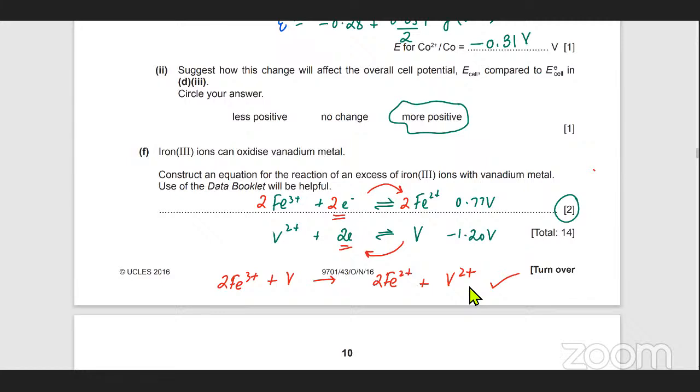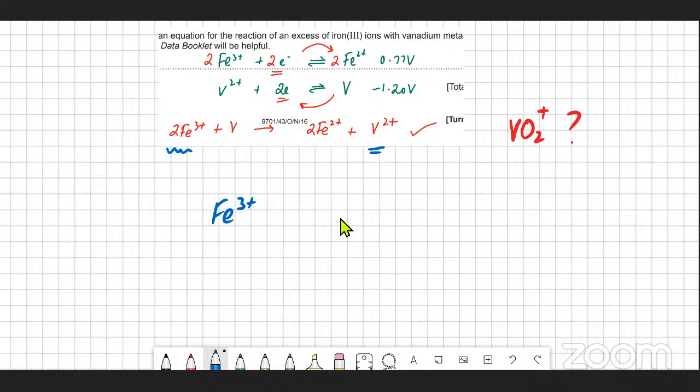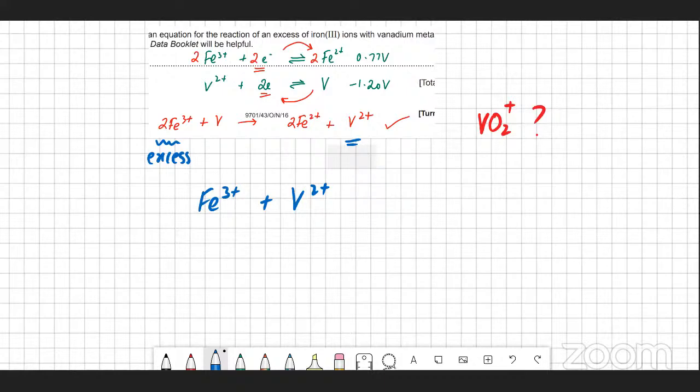once V2+ is formed, this Fe3+, it's a chain reaction. If there is Fe3+ in excess, which he actually never mentioned, but if there's leftover Fe3+, it's going to go and react with the V2+ that is formed. And we're now going to figure out if there is any leftover Fe3+, will it react with V2+ or not? So we're going to look at the equations again, and if I open the data booklet again,